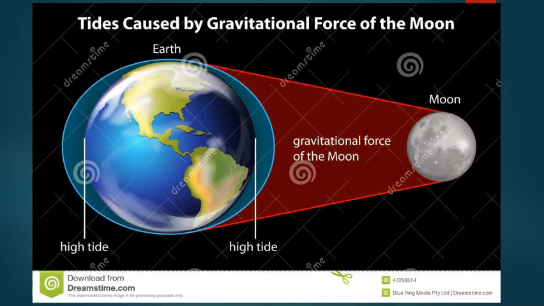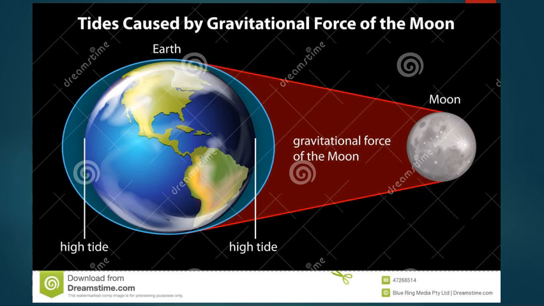The rise and fall of seawater due to the gravitational forces of the sun and the moon are called tides. It is a regular and rhythmic motion which results from the gravitational attraction exerted upon the earth by the sun and the moon. As I told you, the tides are the alternate rise and fall of the surface ocean water twice in about 24 hours.